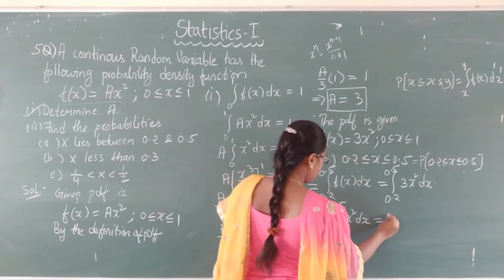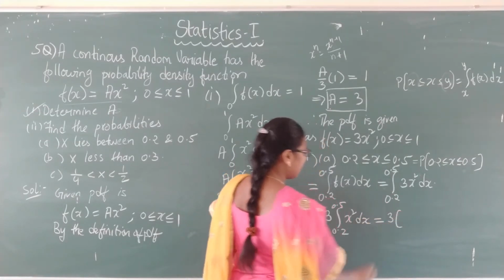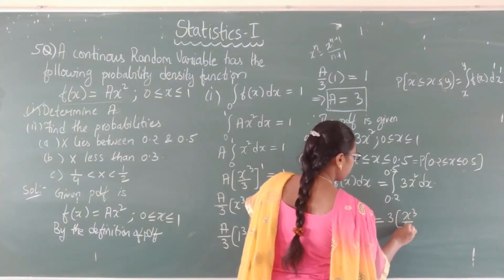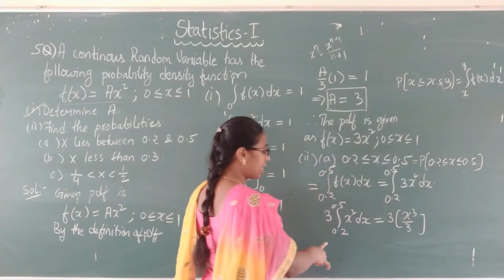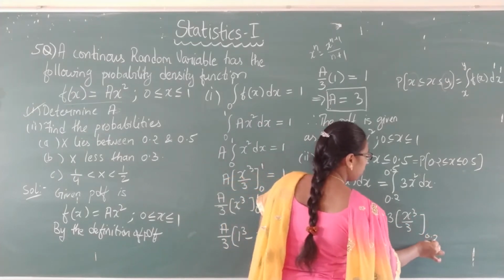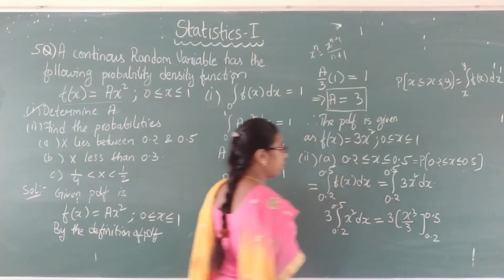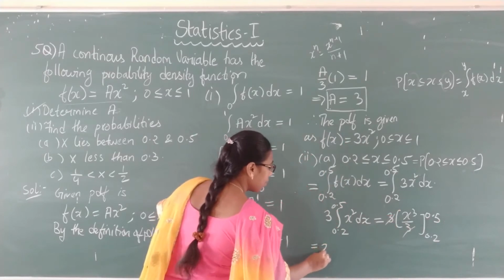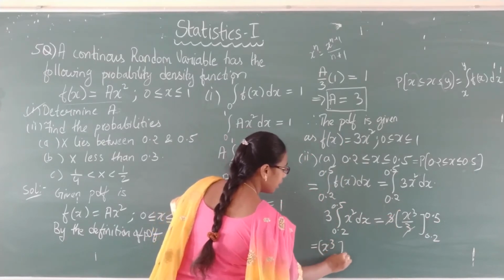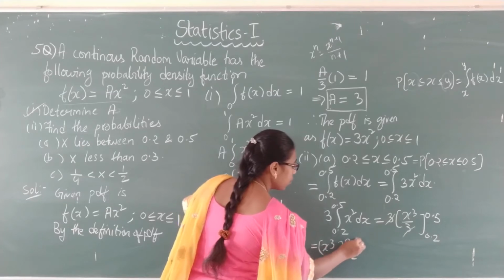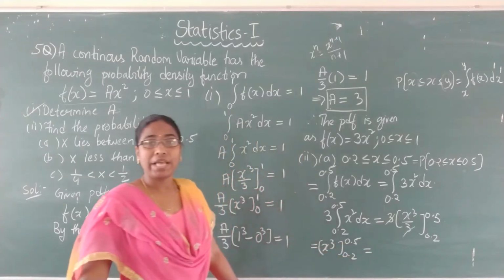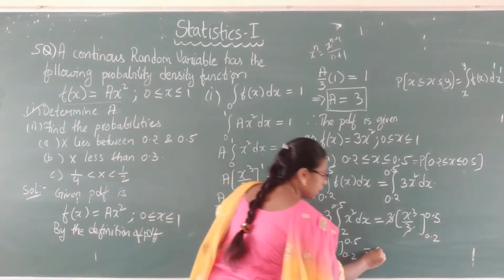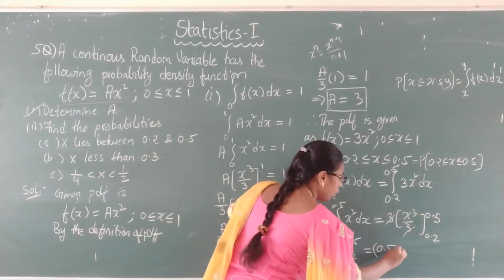This is equals to 3 into integration of x square, which is x cube by 3. So x cube by 3 within the limits. What are the limits? From 0.2 to 0.5. So here 3 and 3 get cancelled. We will have only x cube within the limits 0.2 to 0.5. Now apply the limits. How will we apply the limits? Upper limit minus lower limit. So it is 0.5 whole cube minus